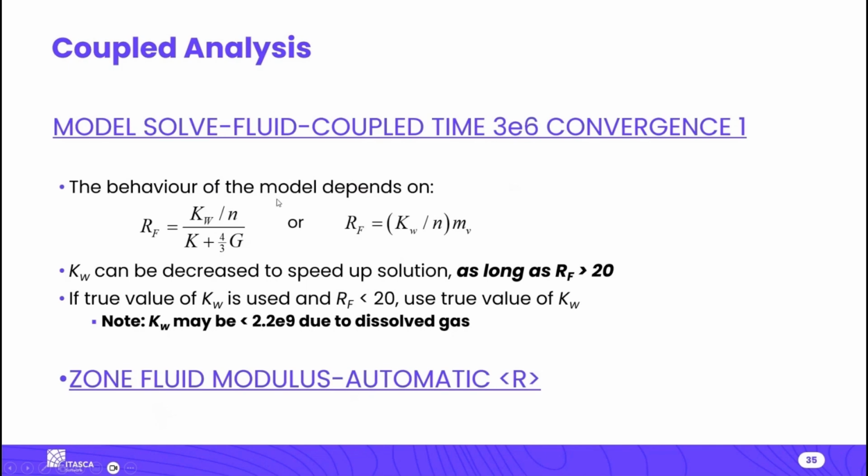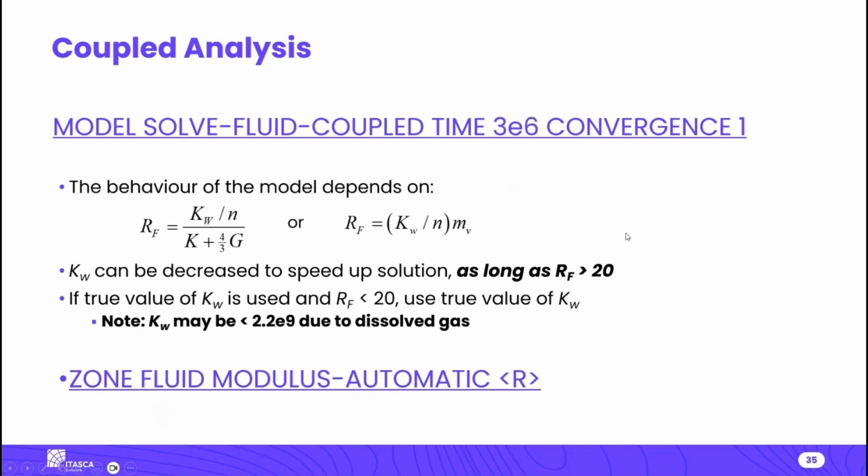However, be aware that often when you have a soft soil, if you put in the true fluid bulk modulus, the fluid is so stiff compared to the soil that it's orders of magnitude stiffer than the soil, and you don't need to do that. There's no real difference between 2 orders of magnitude stiffer and 5 orders of magnitude stiffer. So we can sort of limit the stiffness of the fluid bulk modulus using this command, zone fluid modulus automatic. And what that does is it basically says, okay, I recognize that the true fluid bulk modulus is 2 gigapascals, but because your soil is so soft, I don't need to set it to 2 gigapascals. I can set it to something smaller, and my